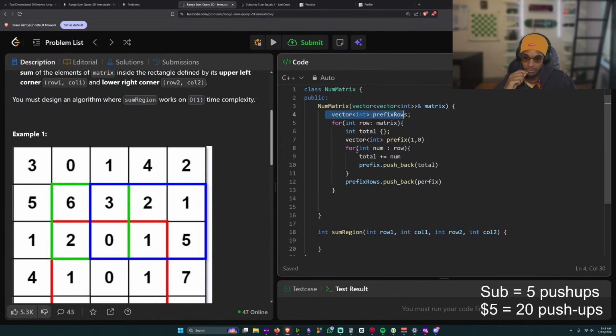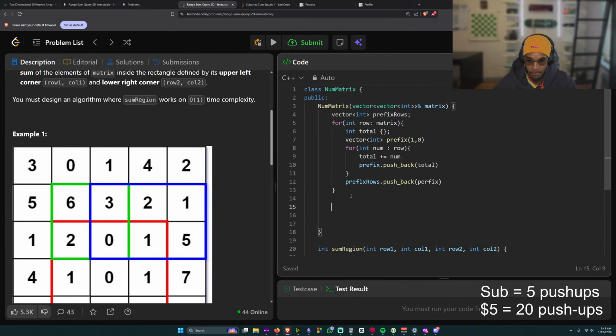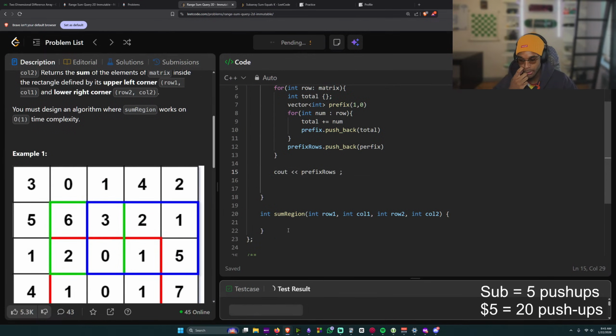I think this will give us a prefix. This should be close to what we need. I want to test this out. Let's solve this.